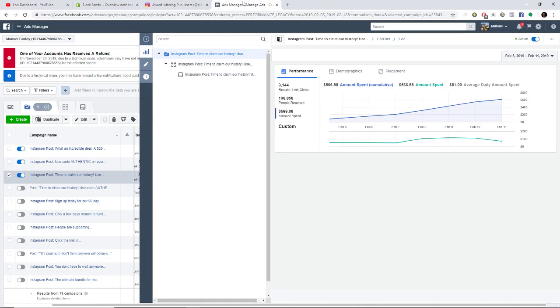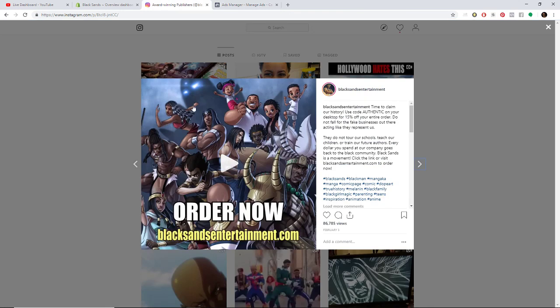But wait, let's go look at the ad copy, right? What did I actually write in the caption? Because the caption is actually important too, right? So what did I write in the caption? Let's go and turn the screen capture on and let's go to the ad. All right. So the screen caption, right? This is the caption under the video on Instagram. Remember, Instagram is a mobile website, so you have to do everything mobile.